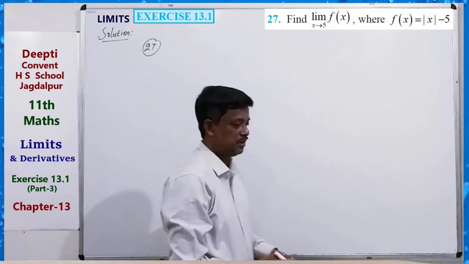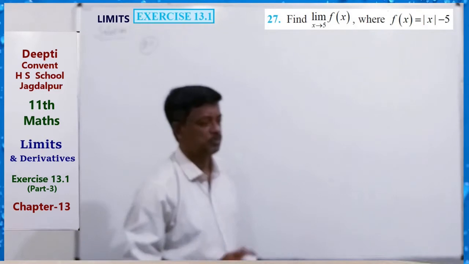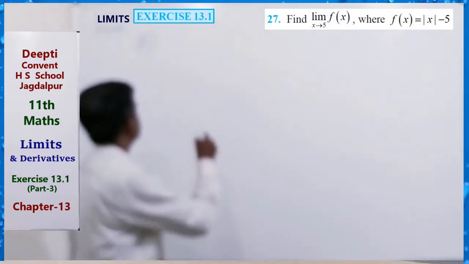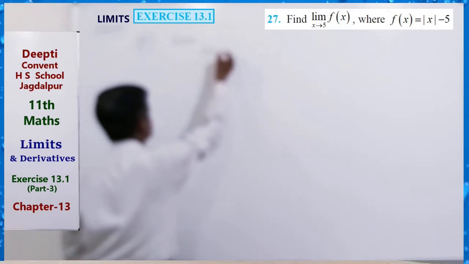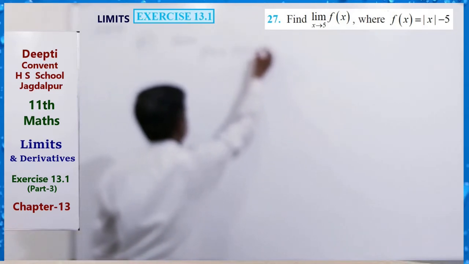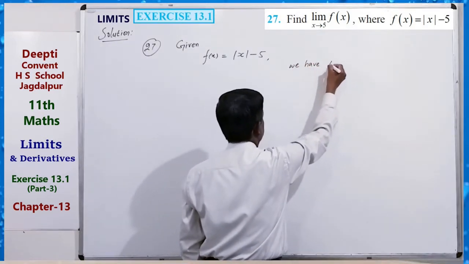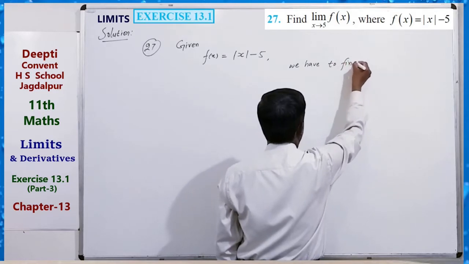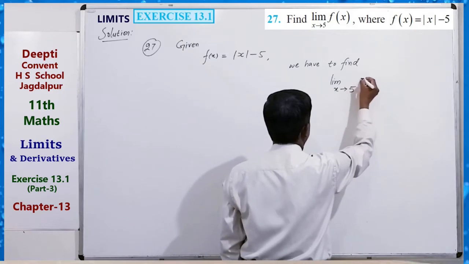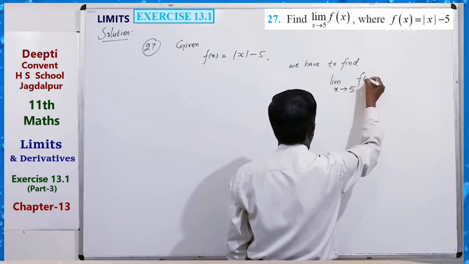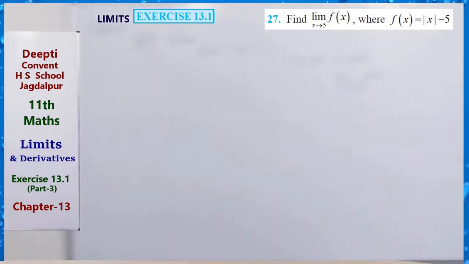Now question 27 is given: limit x tending to 5 of f(x). We have to find the limit, where f(x) equals mod x minus 5. So we have to find limit x tend to 5 of f(x). Okay, so x tending to 5 means